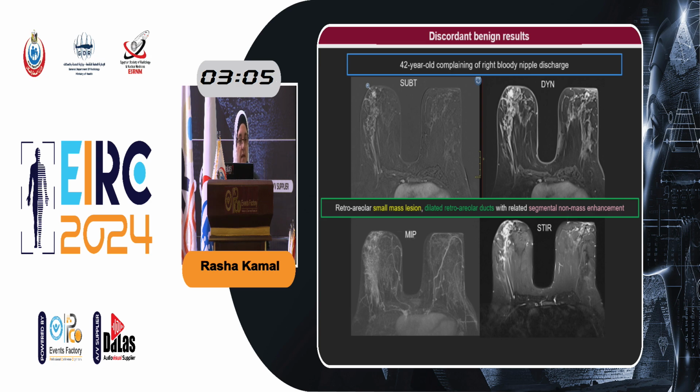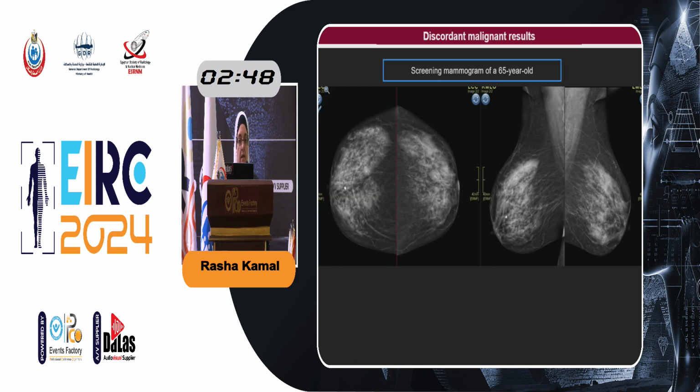And as we see in MRI, this is the small mass that was seen on ultrasound, but it was associated with dilated ducts and segmental non-mass enhancement extending from the nipple down to the pectoral muscle, and the management decision in this case was simple mastectomy. This is an example of discordant malignant results, which means we said malignant, but the pathology came with a benign